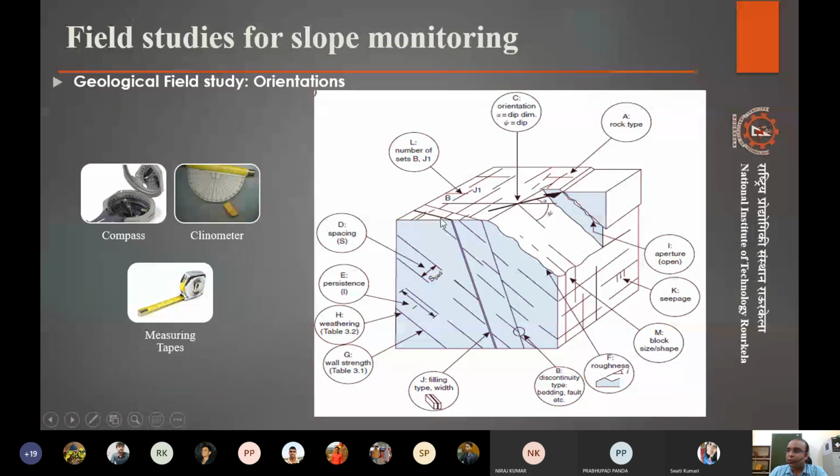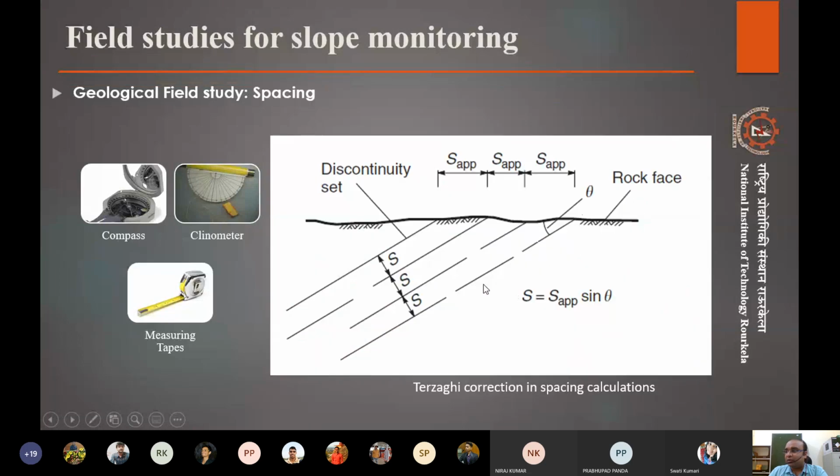Now, knowing the actual dip direction, actual strike, actual angle of dip, and the apparent spacing, we can quite easily convert those values into the actual spacing values. So these kinds of corrections are applied. Terzaghi was the first one to give certain equations in this regard, and that's why these corrections are called Terzaghi's corrections. Something to basically understand how both things are different.